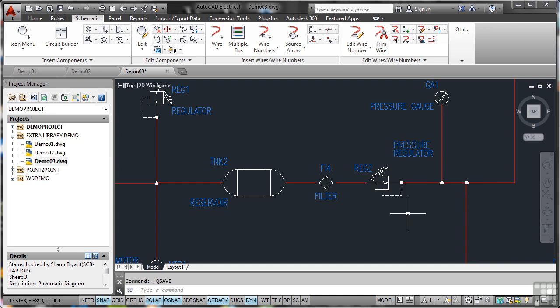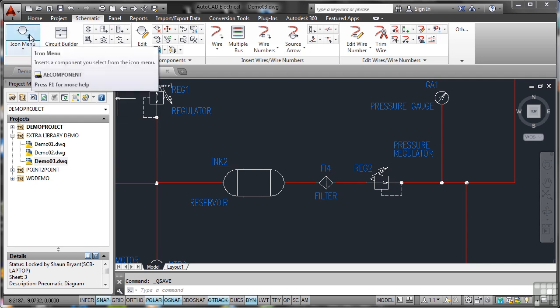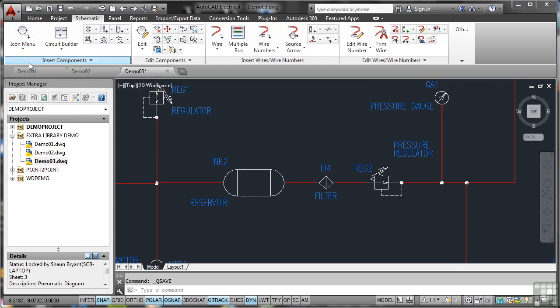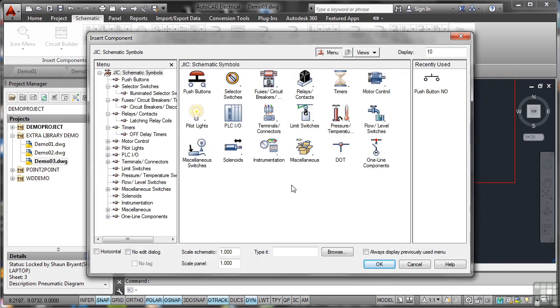Now, looking at the system, obviously there are various icons, as I said, various blocks and components and symbols that you bring into the drawing itself. How do you bring those in? Well, what you do is you use the schematic tab up here on the ribbon, and you'll notice we've got an insert components panel. If I hop over to the insert components panel here, and I click on icon menu,